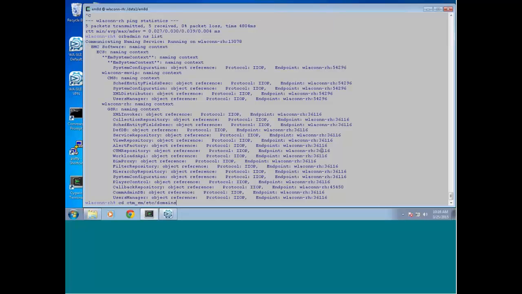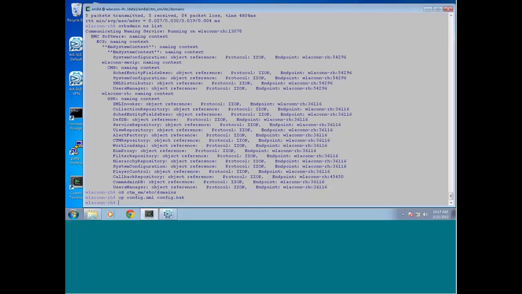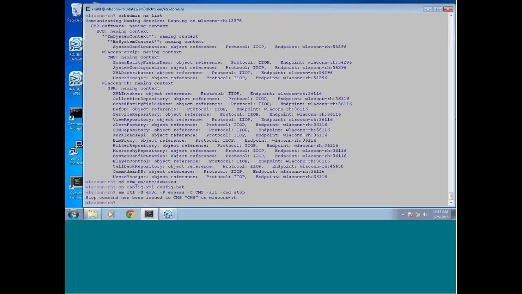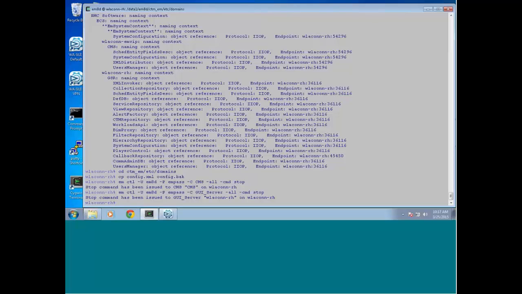we're going to go to the etc domains directory. The file that we're going to be changing is the config XML. So I'm going to make a backup of this file before we change it. And then I'm going to shut down my configuration server and my GUI server using command line. I'm using the CTL utility to do this with a command of stop. And now